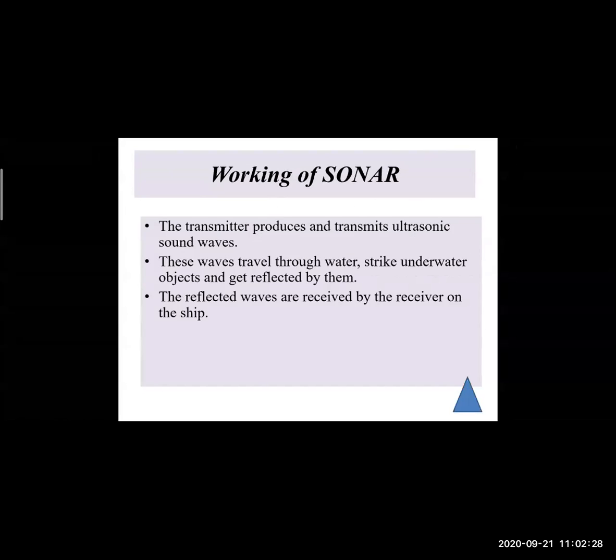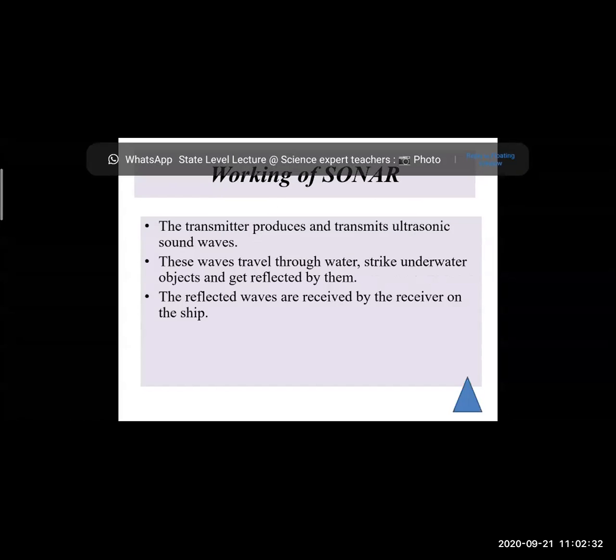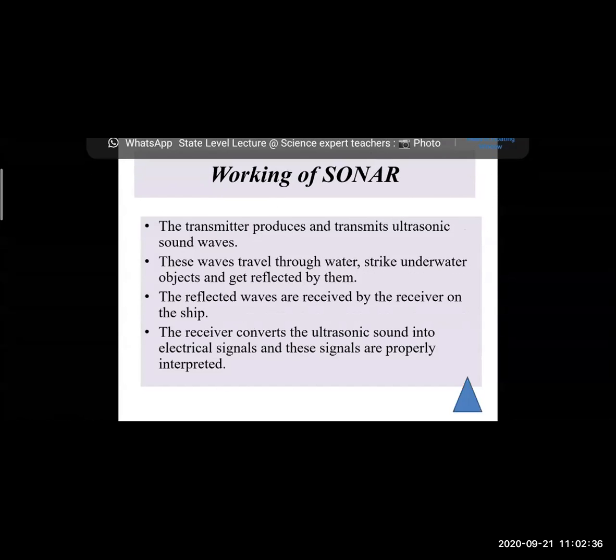The reflected waves will be again received by a receiver on our ship, and that receiver will convert that ultrasonic sound into electrical signals, and those signals will create a proper interpretation, and it will create a proper map so that we can get a fantastic image of that object,